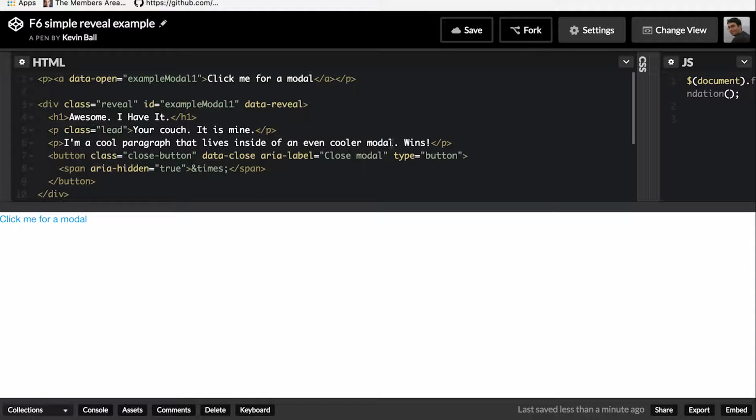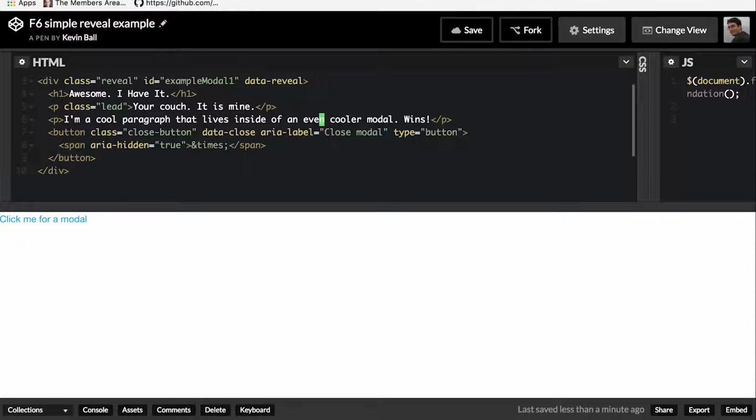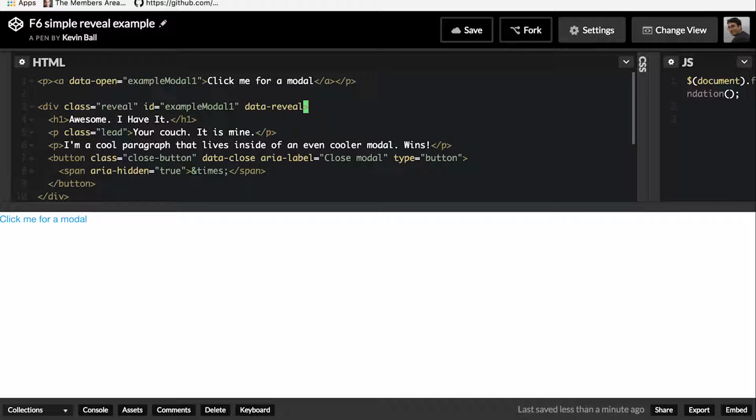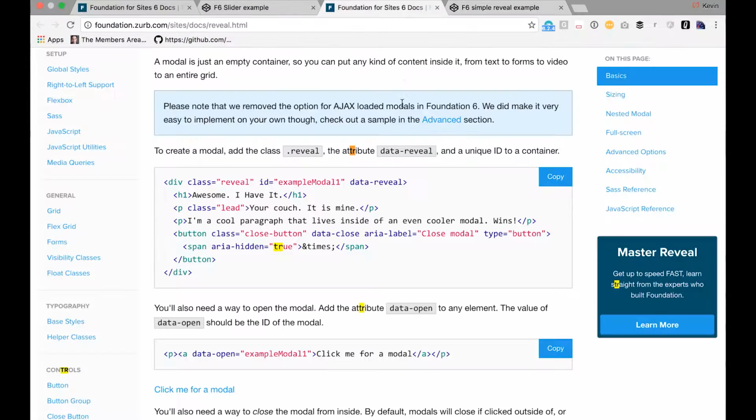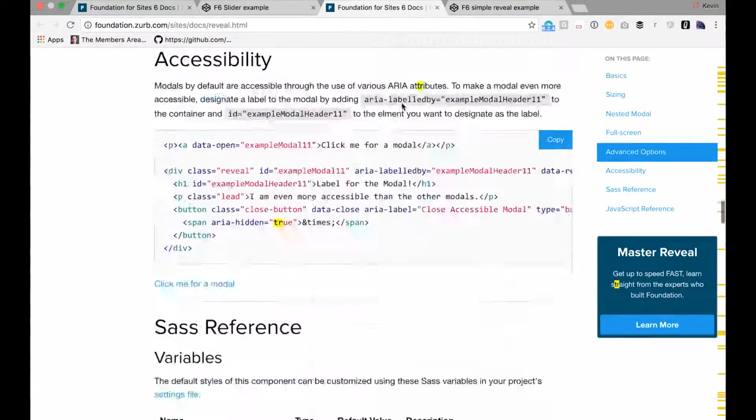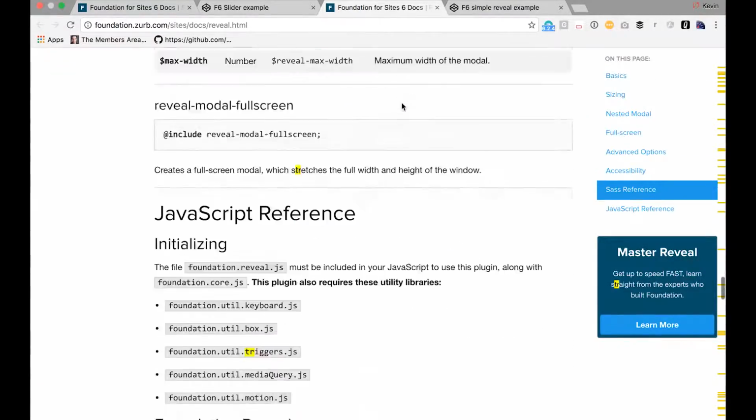Looking down at the reveal component itself, we can see there's a data-reveal attribute, and that's what tells the Foundation JavaScript this thing is a reveal modal. Down inside it, we've got a close button with a data-close saying, hey, if I click on this thing, you should close it. We can see all the different variables available to us to configure reveal by going back to the documentation, scrolling down, and seeing